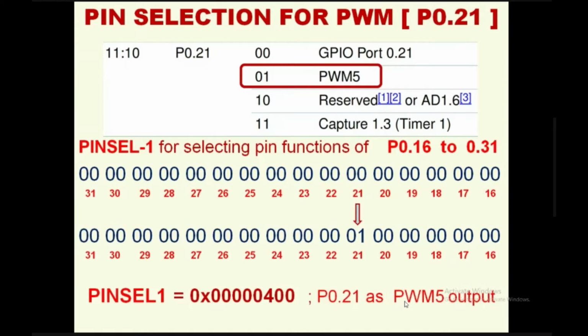So when we want to use pulse width modulation with respect to LPC2148, the first and foremost requirement is we have to configure the pin through pin select registers. With respect to us, we are using PWM5 through P0.21. Hence, the PINSEL1 register value should be